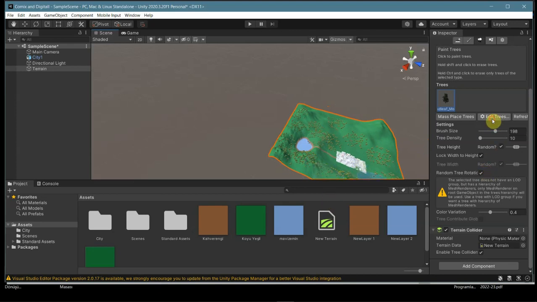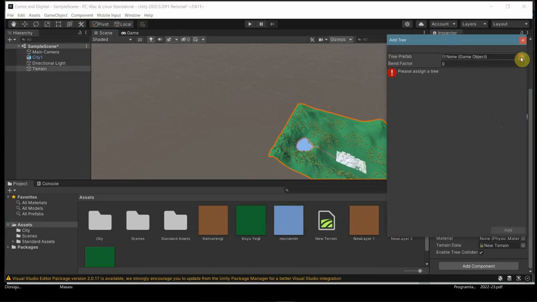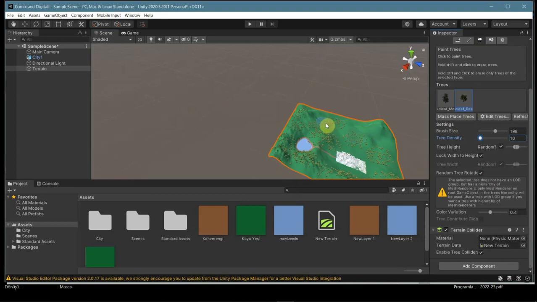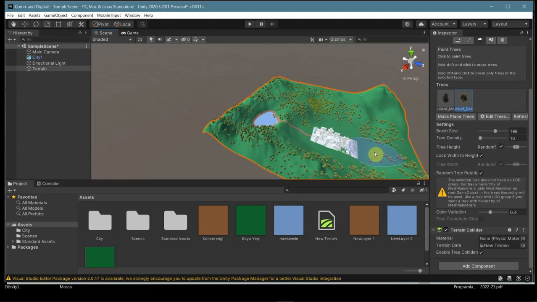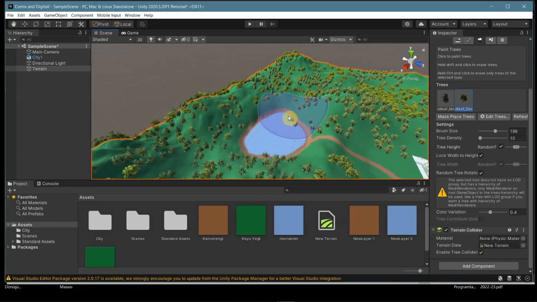And we can also add one more type, this one maybe. I choose it, and I don't want to add too much, as I told you, but maybe somewhere here, just to add a different kind of tree. As you see, there may be some unexpected or undesired additions, and in order to remove them, you click the left shift button,